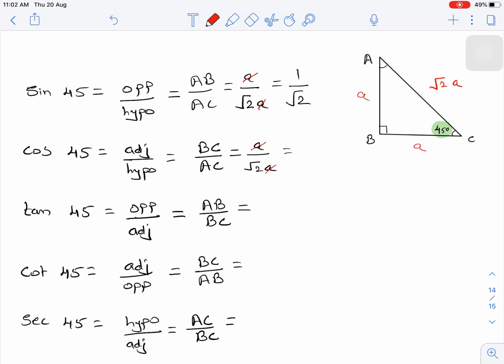Now again what will happen? This A and this A will get cancelled. So finally what you will have? We'll have it as 1 upon root 2. Now next one,